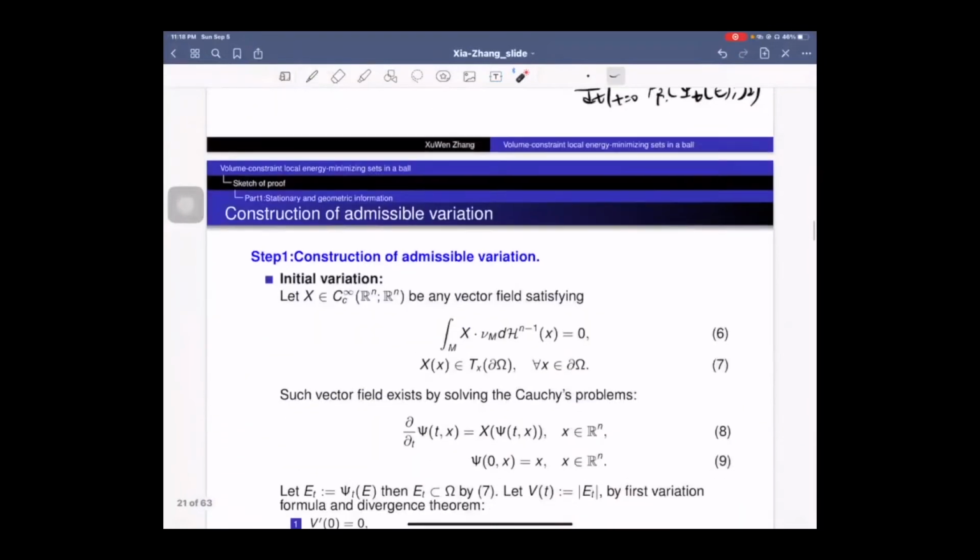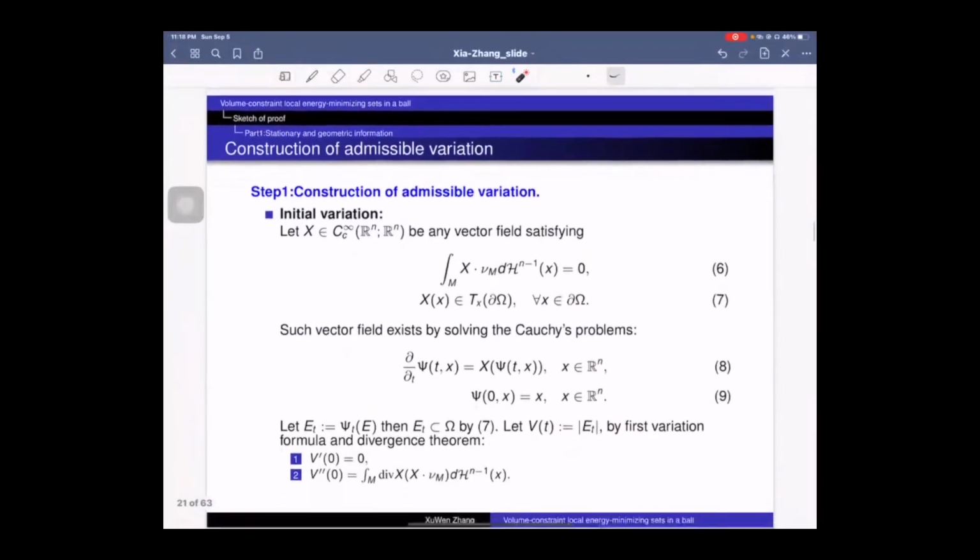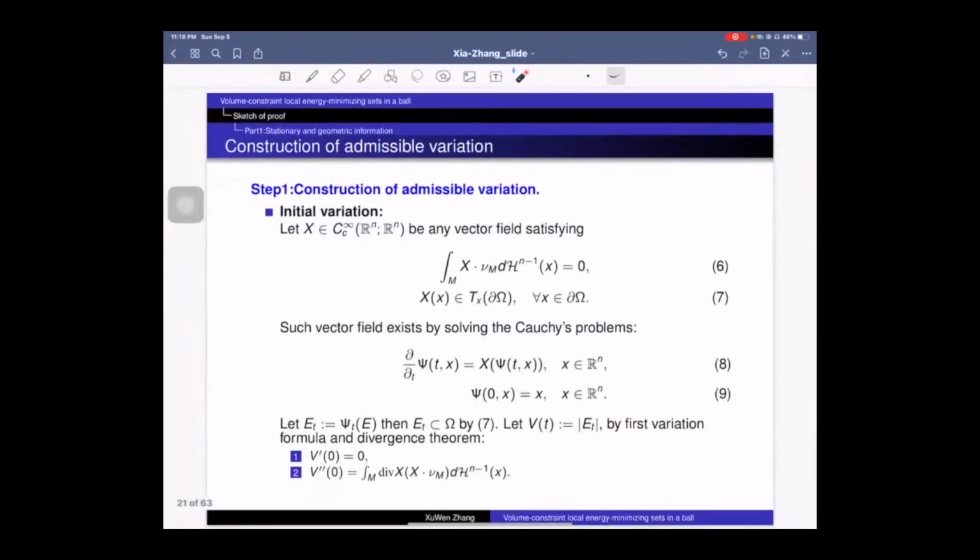Let's start our proof. As we previously talked about, such E is a critical point of some functional among admissible variation. So the point is that we should construct an admissible variation. And let's start from some initial variation, an initial variation,